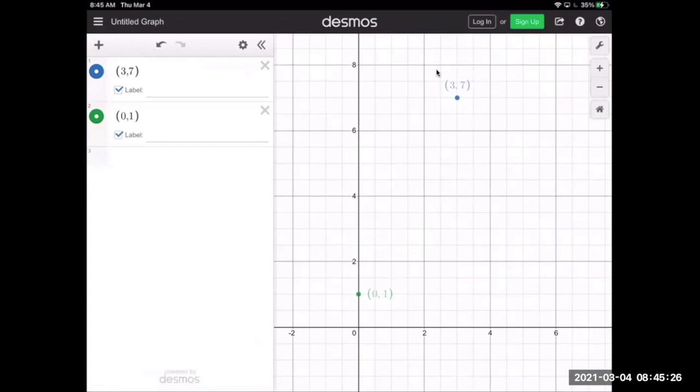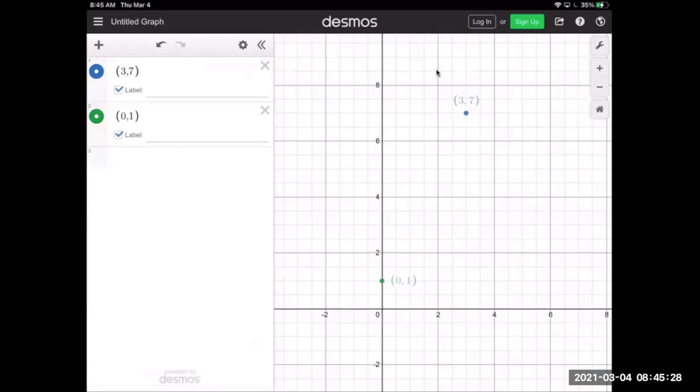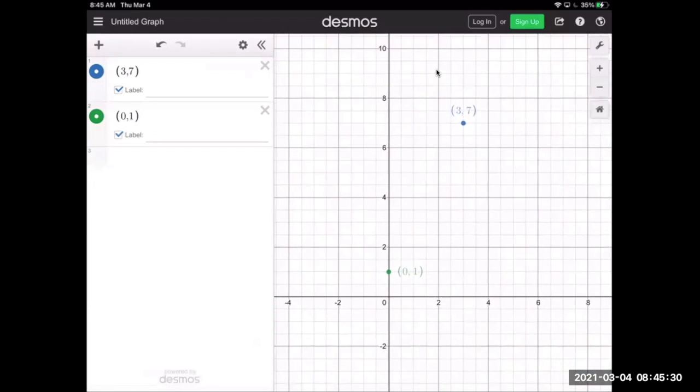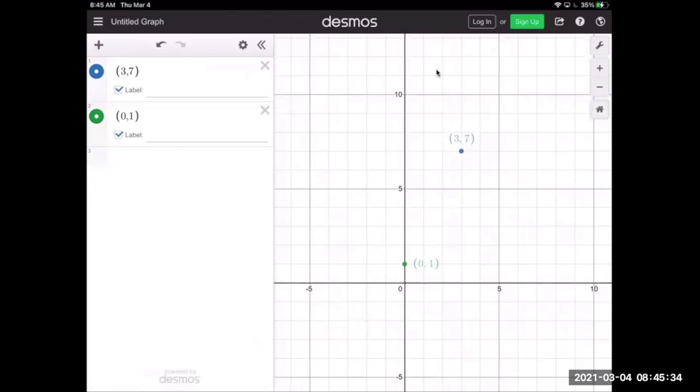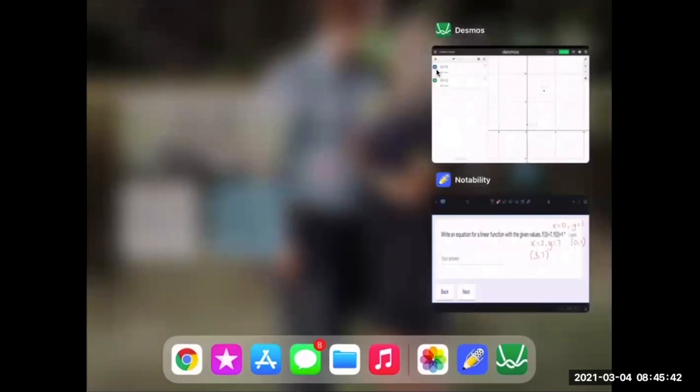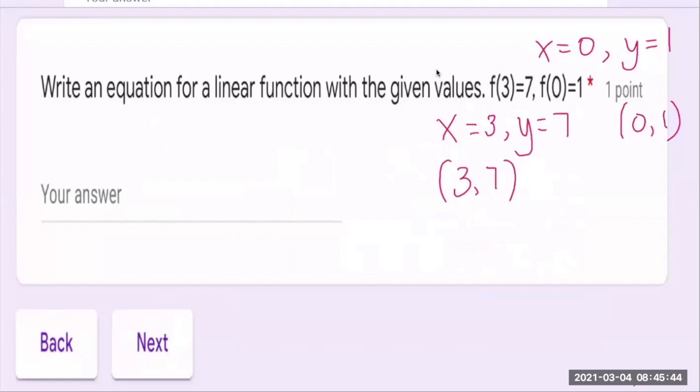So anyway, I zoomed out a little far. You just want to make sure that you have the proper scale. There we go. So I would count my rise over my run, and then my y-intercept is the y value when x equals 0. And so this one, the goal is to get it into